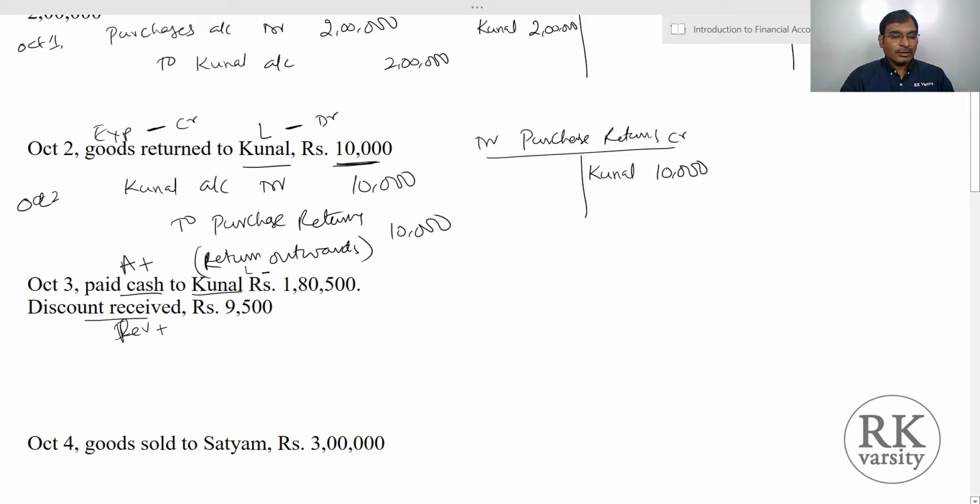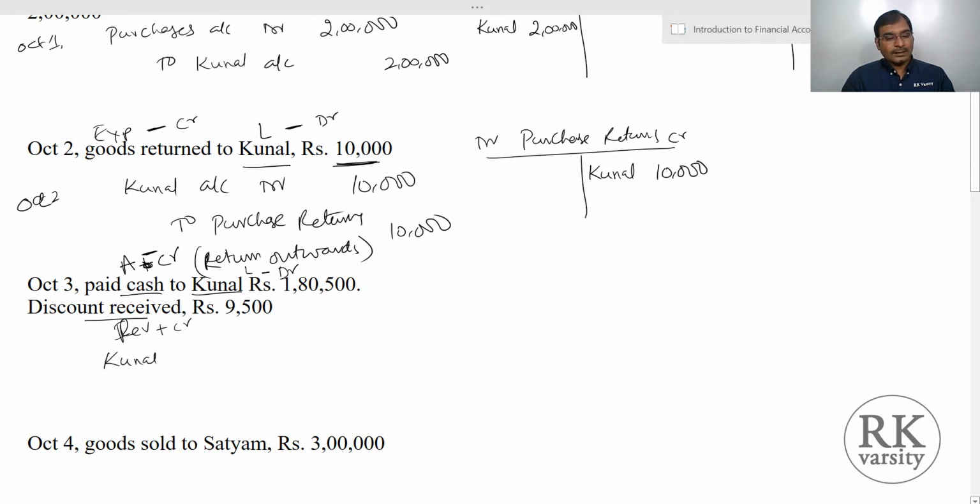Sorry, you are paying cash, right? So you are paying cash, so asset decreases and liability will also decrease, then your revenue will increase. Now your general transaction is that: decrease in a liability is debit, decrease in asset is credit, and increase in a revenue is credit. So your transaction is